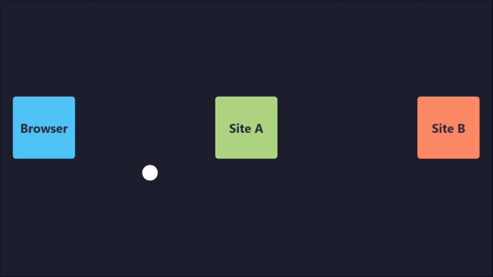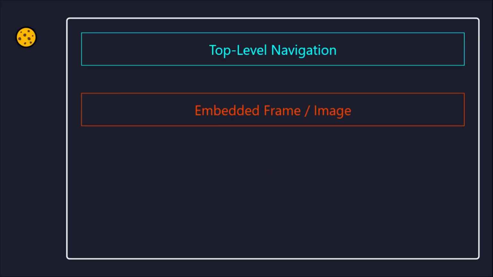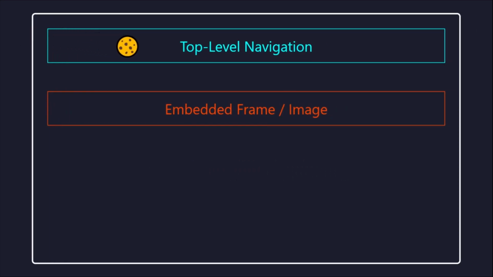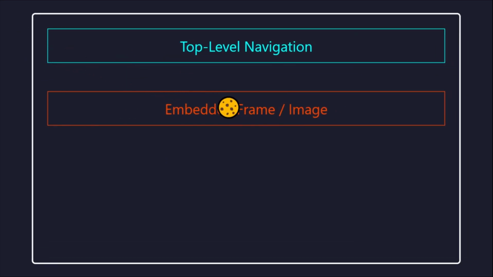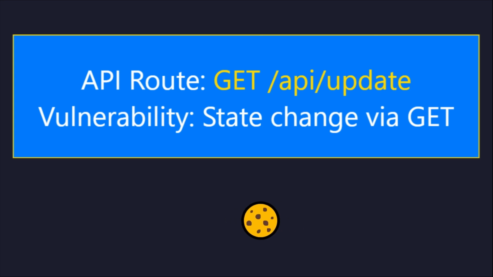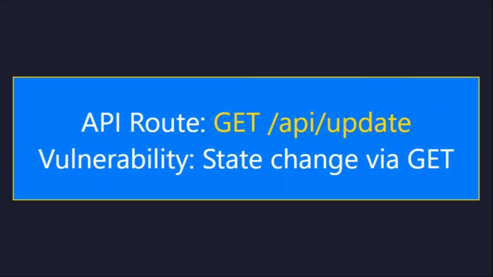The SameSite cookie attribute provides a primary defense layer. By setting this attribute to lax or strict, you instruct the browser to restrict cookie transmission during cross-site subrequests. SameSite lax allows cookies on top-level navigations, but blocks them in frames and image loads. While this prevents many simple attacks, it may still leave specific application programming interface routes exposed if they use GET